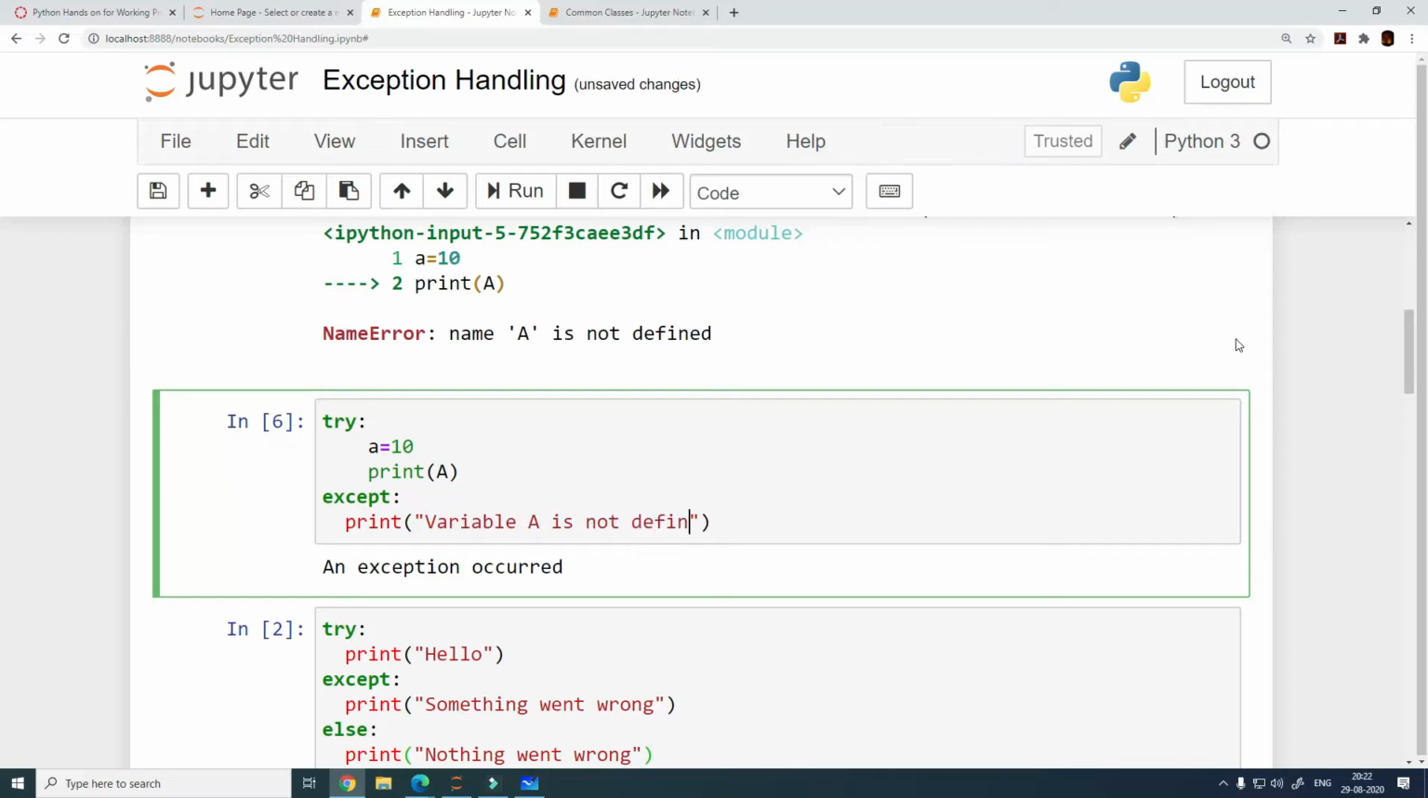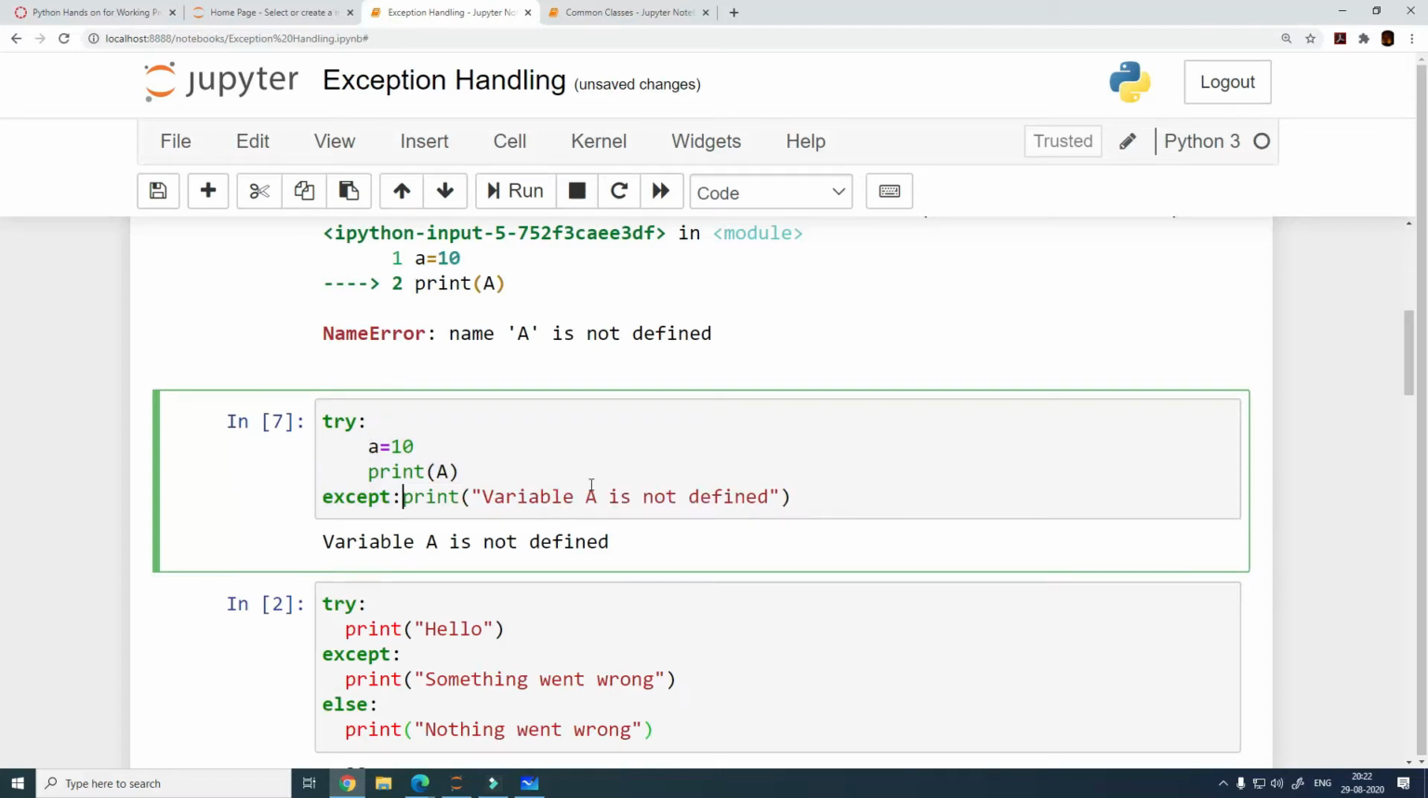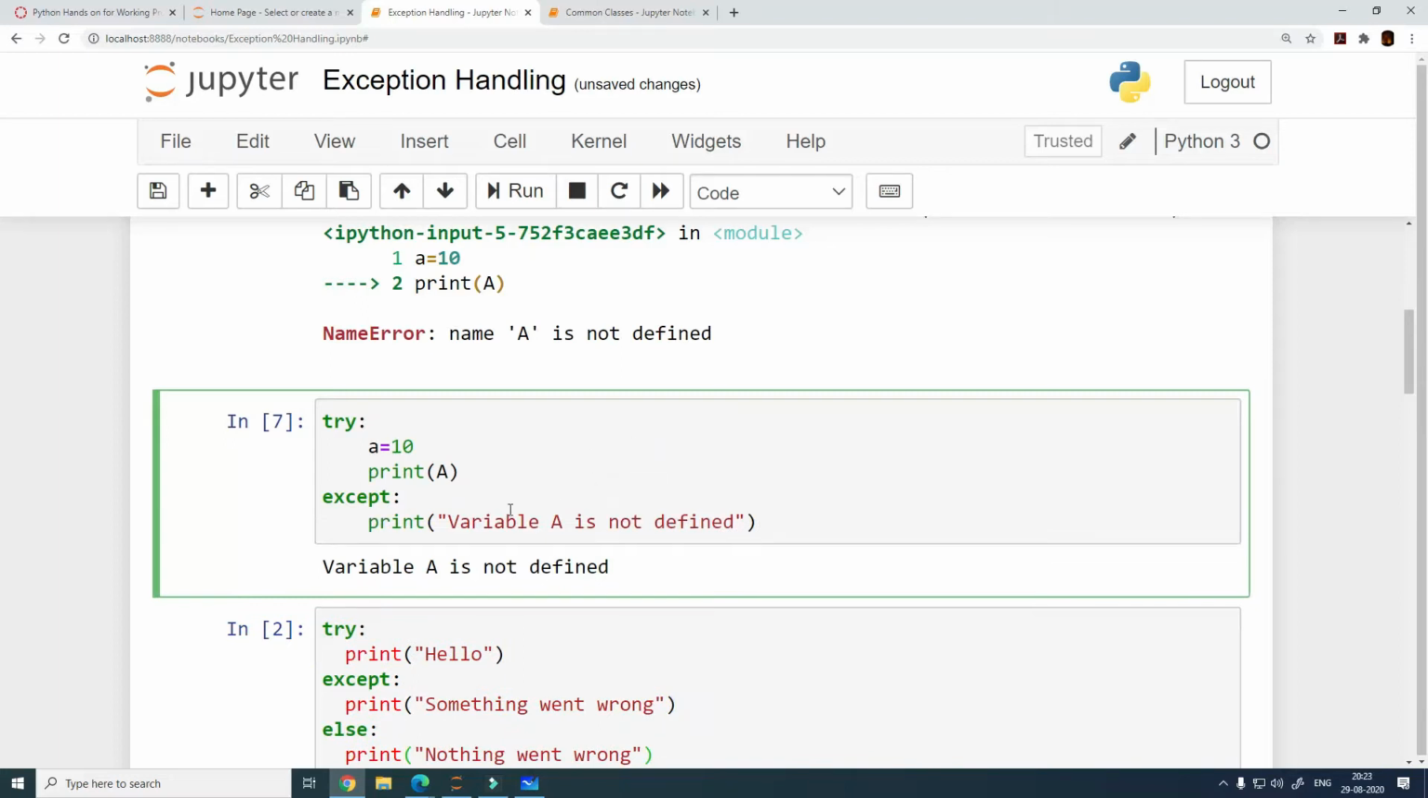Is not defined. See what is happening? So what is happening here, right? If you look at this more closely, then I have these two lines of code, and primarily this line is